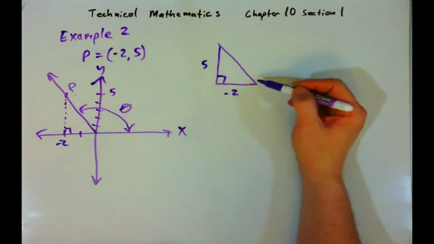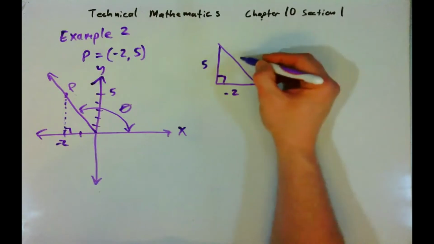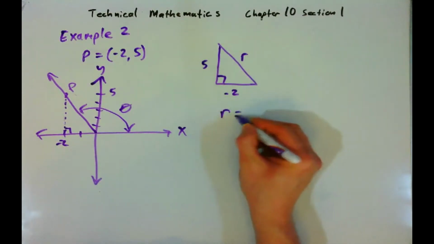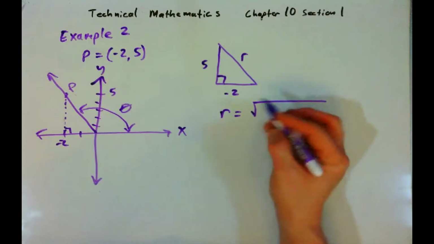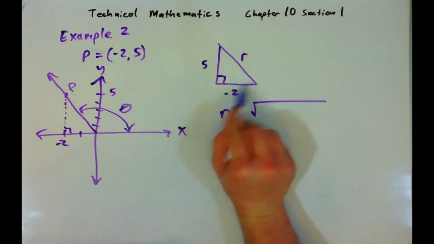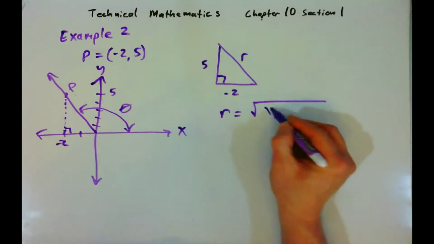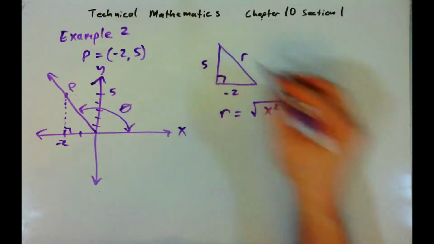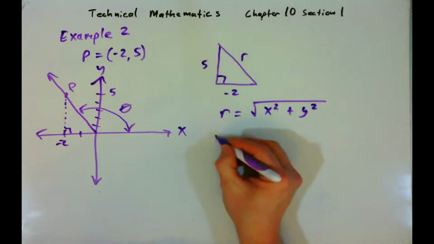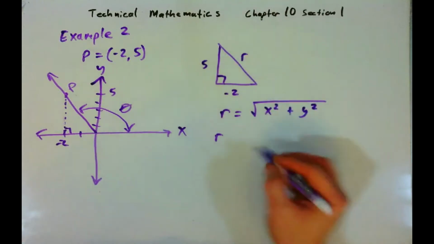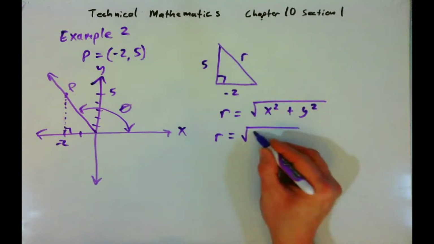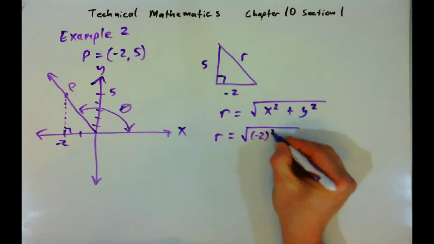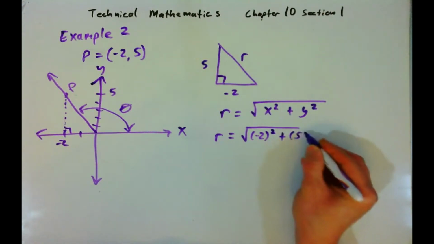And we can always find the hypotenuse of a right triangle using the Pythagorean theorem. The hypotenuse we oftentimes label as r. And so we can say that r is equal to the square root of the x coordinate, which is negative 2, squared, plus the y coordinate, which happens to be 5, squared. And so if we want to find the length of the hypotenuse formed by this triangle, we will take the square root of, in parentheses, which is very important, this has to be in parentheses, negative 2 squared plus 5